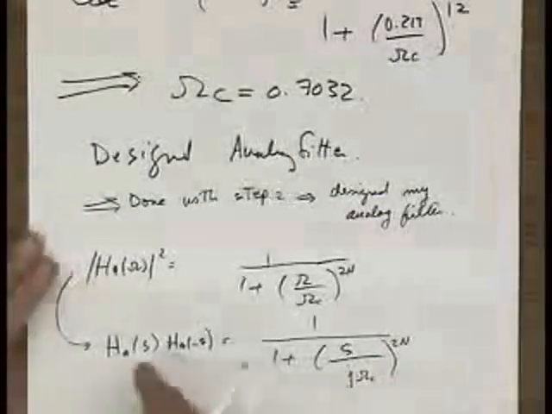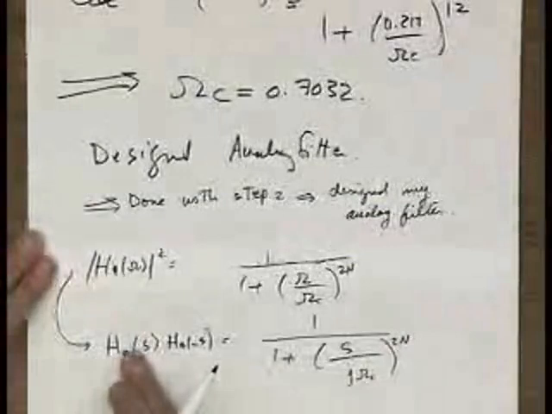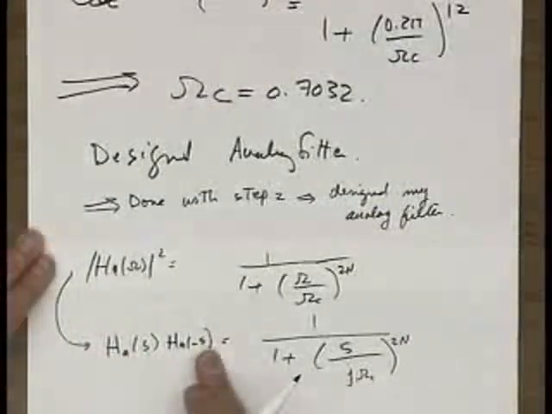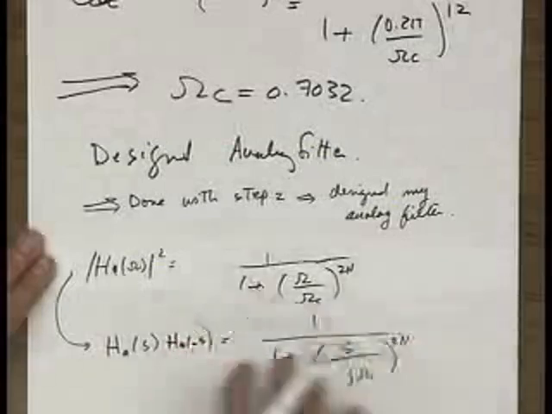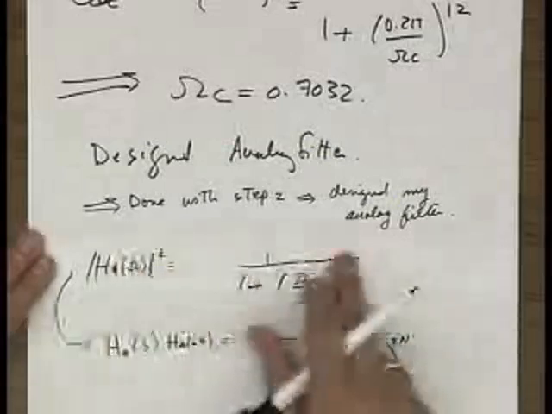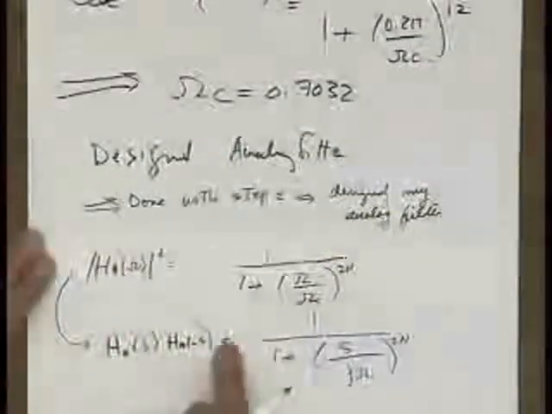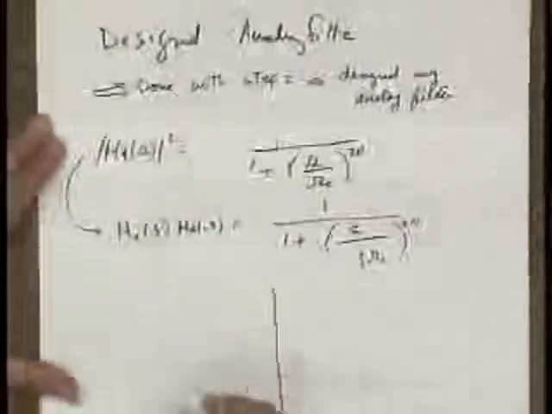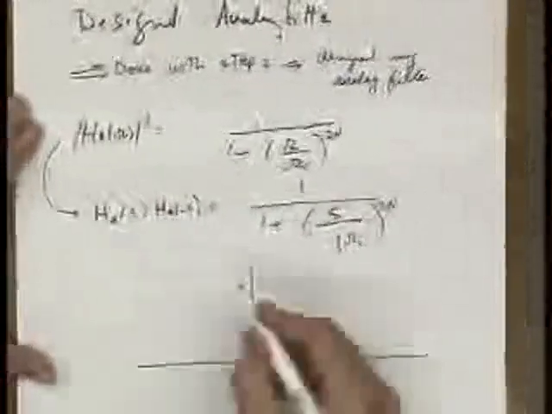Okay, so this is the analog Butterworth filter with the poles on the left half plane. This other one is not a Butterworth, but the filter with the poles on the right half plane. And the fact that the magnitude squared is like that is consistent with the fact that H_a(s) times H_a(-s) is this. And so if I were to plot things, now that I got new omega_c and new values of everything,